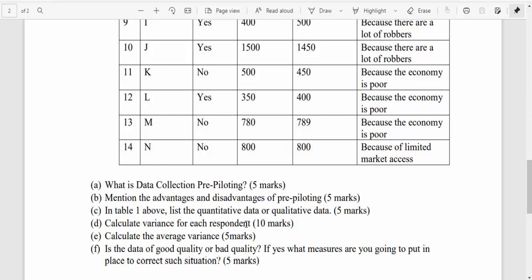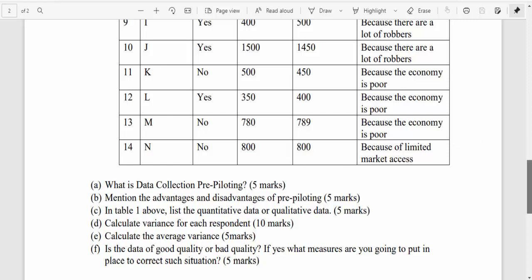Another example I can give you of qualitative data is, for example, if you want to know how happy I am and I tell you I'm very happy, it's difficult for you to quantify what very happy means. Okay? So that's qualitative data. It's subjective.